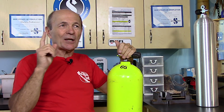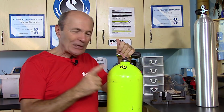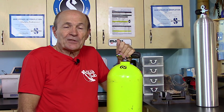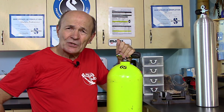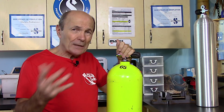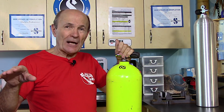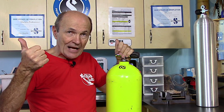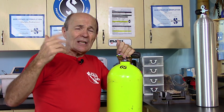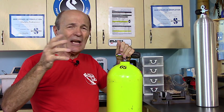And when you overfill your tank, you actually stretch the tank too much and reduce its usable life. And third reason, it's illegal. Just that simple. If the fill station operator had read his book, he would know that overfilling a tank is illegal by all standards, by all the agency training standards, PADI, NAUI and so on, by the test standards, by TSSA here in Canada,